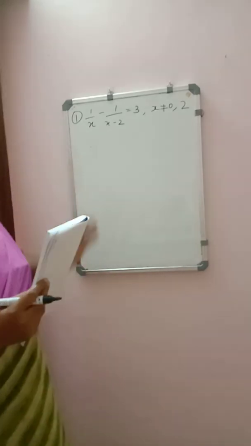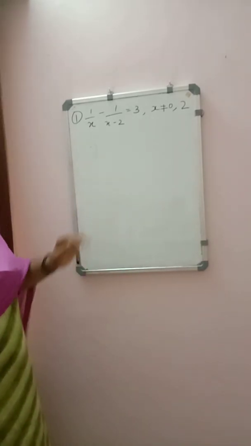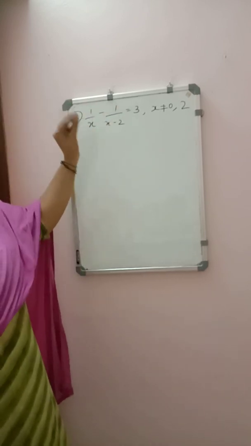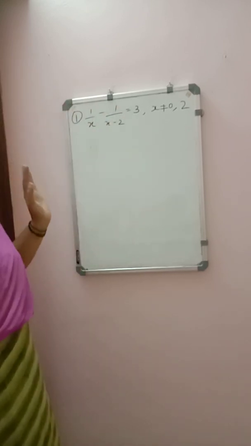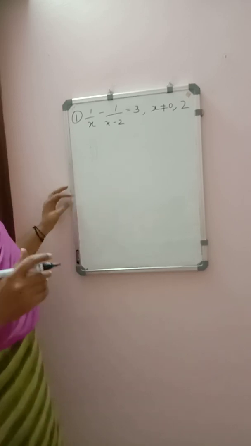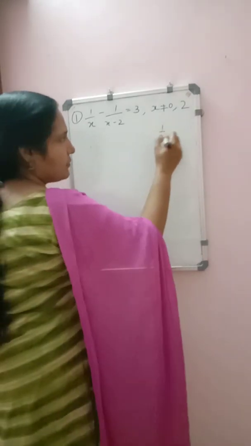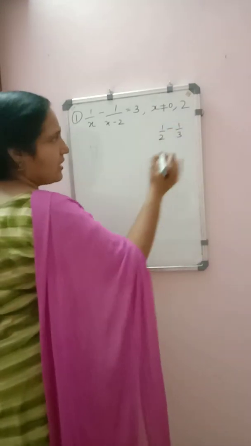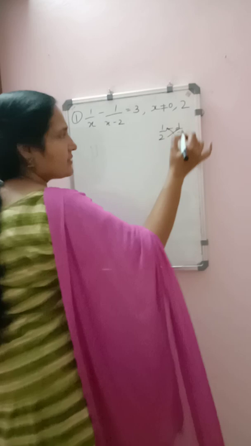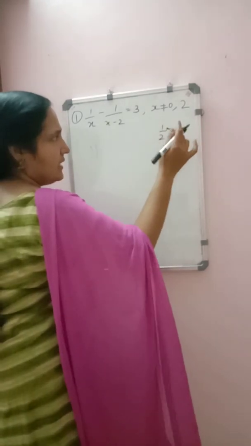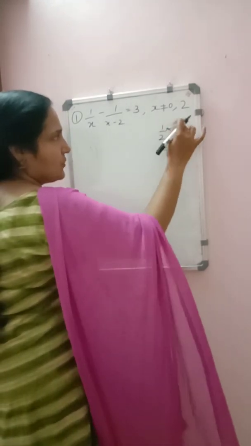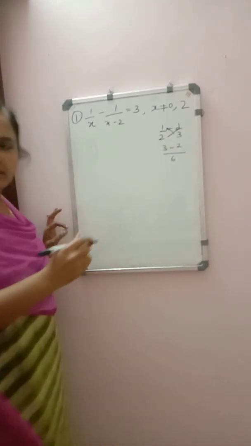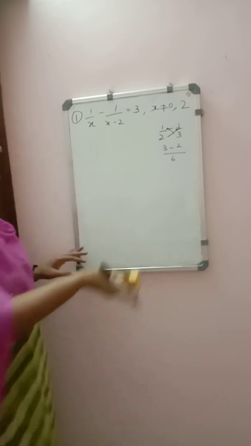Now we can check how we can simplify this equation. You can see the equation is written in terms of fractions, so we'll follow the rule of addition or subtraction of fractions by the cross multiplication method. Suppose we have to subtract 1 by 2 minus 1 by 3. How are we doing it? We do cross multiplication. 3 into 1 is 3, minus sign as it is, 2 into 1 is 2, by 2 into 3 is 6. So the same method we are going to follow here also.